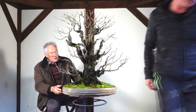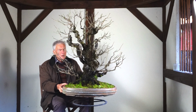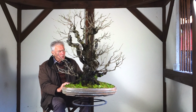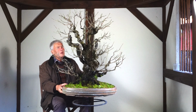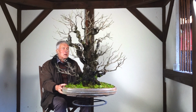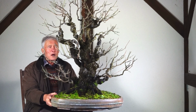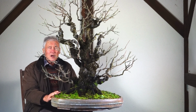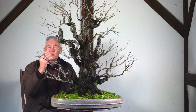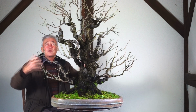Okay. Let's first of all clarify what exactly this is. This is a Prunus mume. It probably comes from either Korea or Japan. It was imported a few years ago. By the way, it was in my garden for a while, and now it's in Sebastian's garden. It is a flowering tree with spectacular flowers, not the white and pink as you normally have, more wild type, whitish, a bit greenish, interesting. So the natural type, it's not as flamboyant, not as wild, but